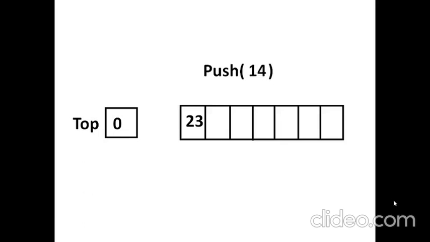Again, I'm going to insert another value at top 1, the next value 67: increment the top, and then add the data. In this way we can keep incrementing. Every time we try to insert a new value, or push a new value, we will increment the top, and then put the data into the position of the top.